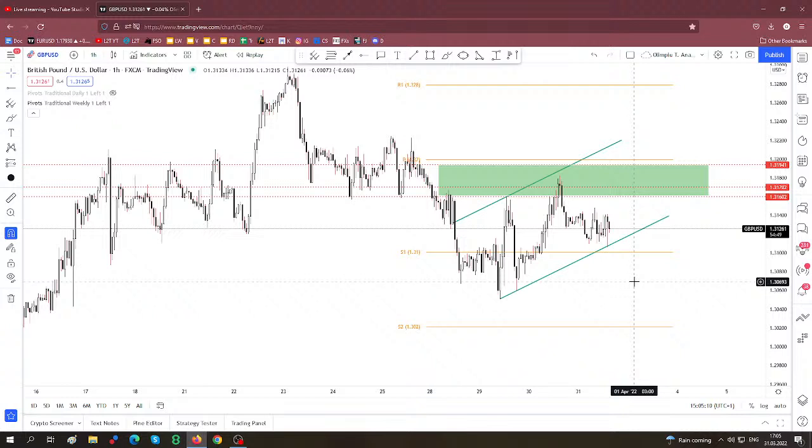Let's wait, guys. I told you that I was afraid to place a buy stop here, only because I don't know, a potential breakout could be invalidated. We have this resistance area, resistance zone, these former lows. But I will